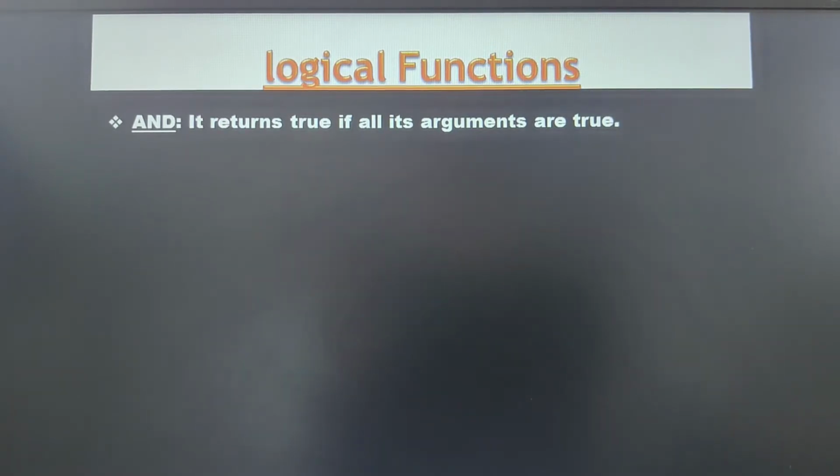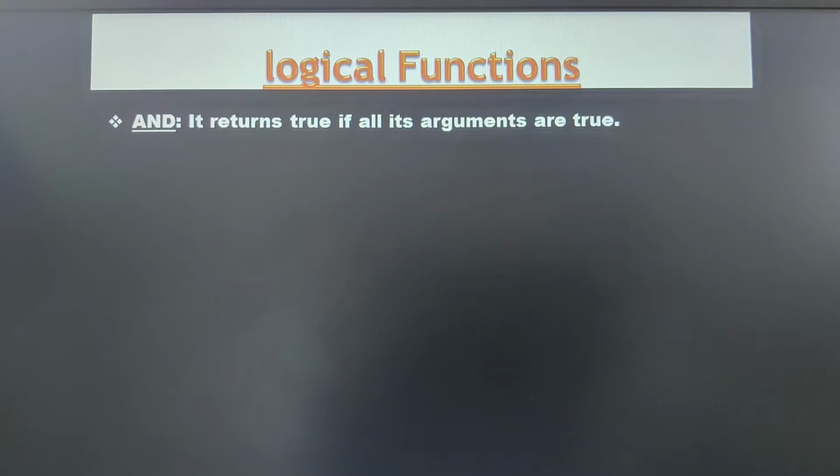The AND operation would return the value true if it satisfies its conditions, however many conditions there might be, 1, 2 or more. Depending upon how many conditions you pass, if all the given conditions are true, then the overall result would be true. Let me consider an example. If the age is greater than or equal to 18 and the other condition is that he is a citizen of India, then if both these conditions are true, the overall result returned by the AND operation would be true.